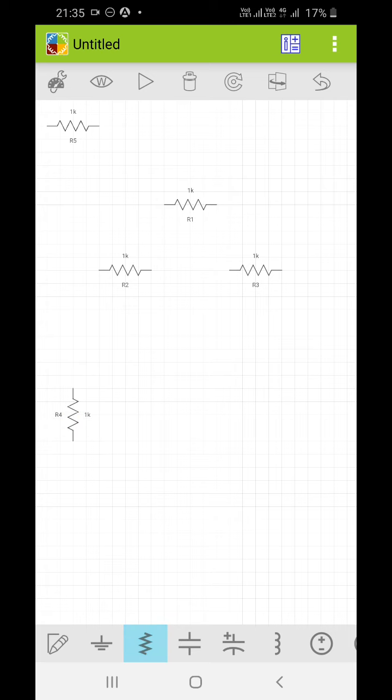Again I will take it, I will rotate it. This is according to the diagram. The diagram is provided in write up. Let me rotate it, and in this way I have taken the resistances.